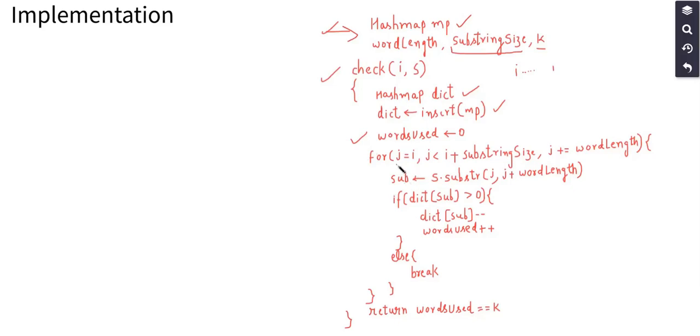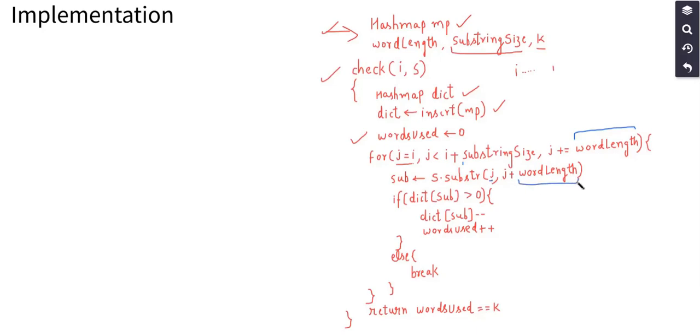Then we start iterating from the index I that we have here, and we make jumps of size word length. That is, we take each word, taking a number of characters equal to the word length of the words present in the given words array,